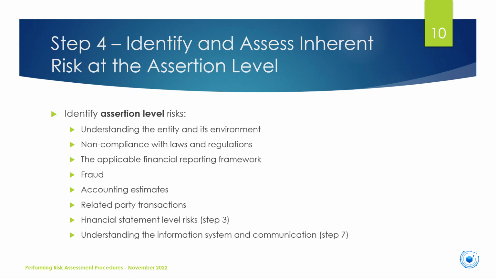Step 4 then is to identify and assess risks at the assertion level. And these ones are the risks that can be linked directly to an assertion within a class of transaction, account balance, or disclosure. Now, assertion level risks would be identified again through our understanding of the entity and its environment, and as well through understanding potential non-compliance with laws and regulations, including those that were going to have a direct impact on the amounts recorded in the financial statements,